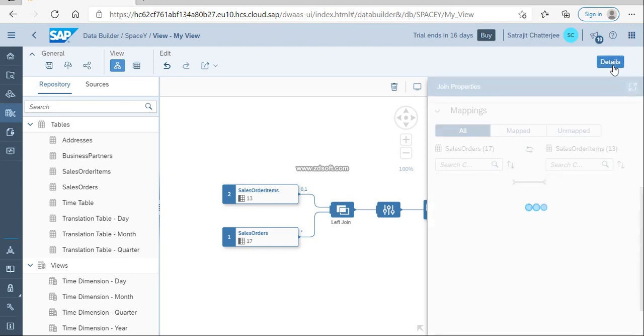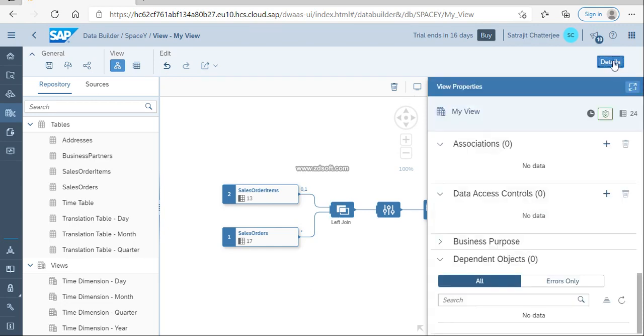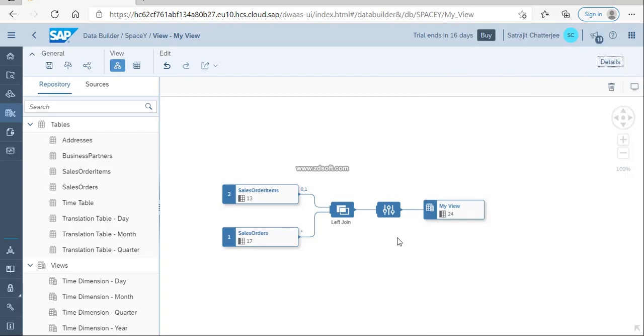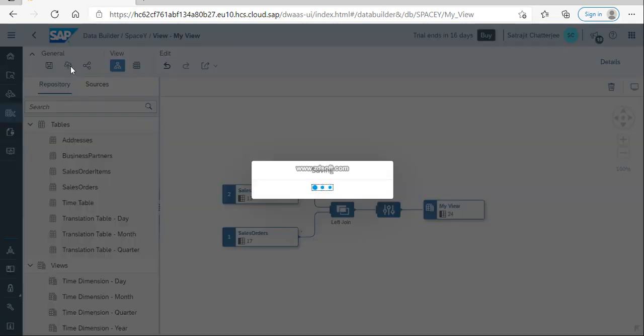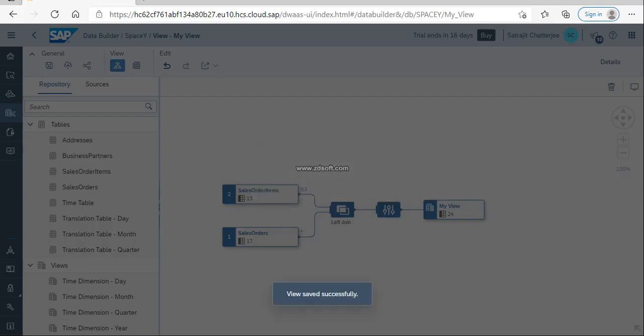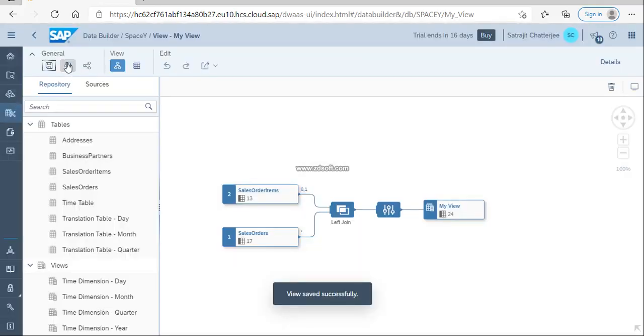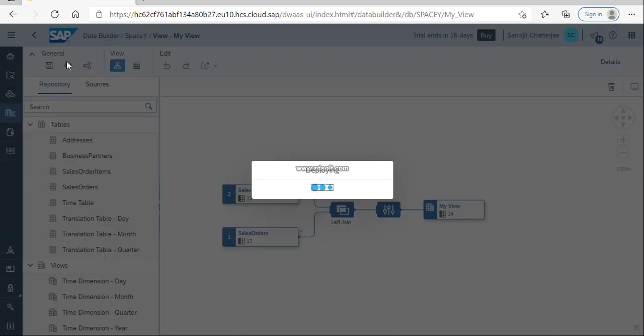There are a lot of things that you can do, but just for the timing we are just going to do this part only. Okay, so I can save and I can do a deploy. So just wait for a minute, let it be saved, and then we'll deploy it. Okay,